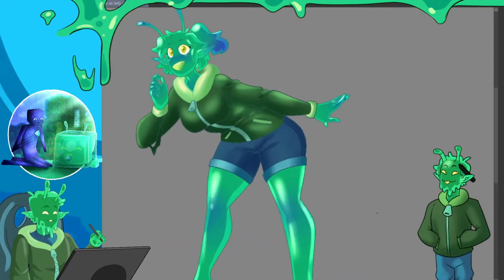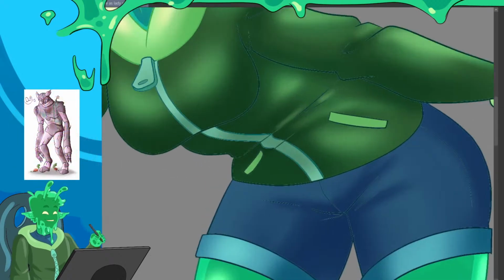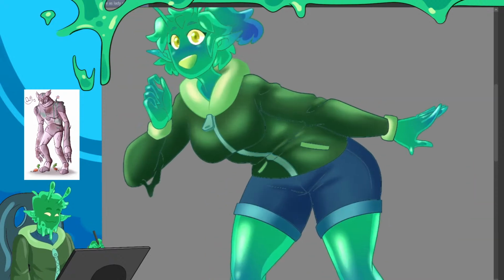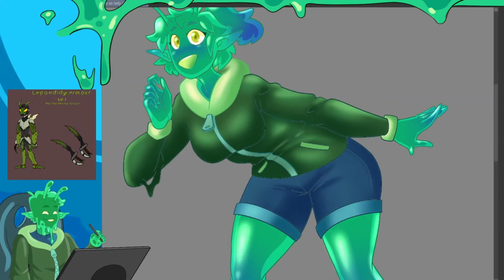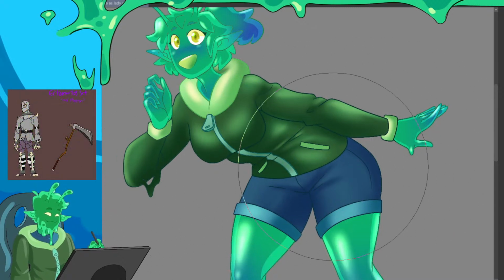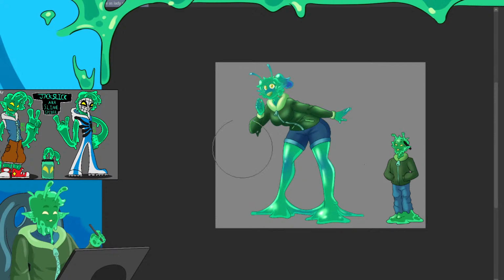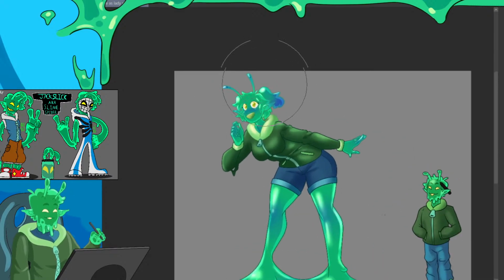Okay. We're gonna give her some teeth though, just a little bit, just that little bit of anime bar across the mouth. And I think, I don't know what happened to my line art here. What the heck? What happened to my line art? Oh, I think I may have colored something weird. Yeah, I did. Oh, that's not good. We're just gonna fake it. Fake it till we make it.